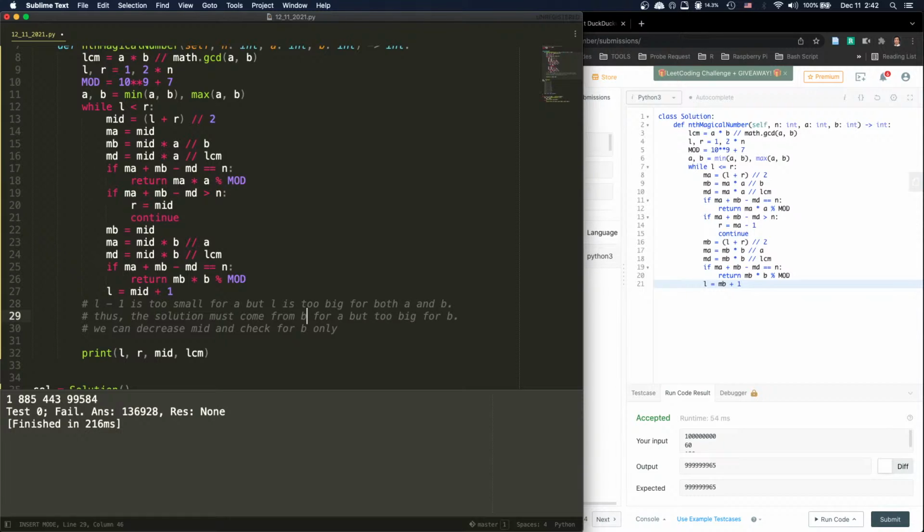The solution must come from B, with the higher bound being L times B. All right, so we just go from this, we go down. Okay, which means we're just gonna go